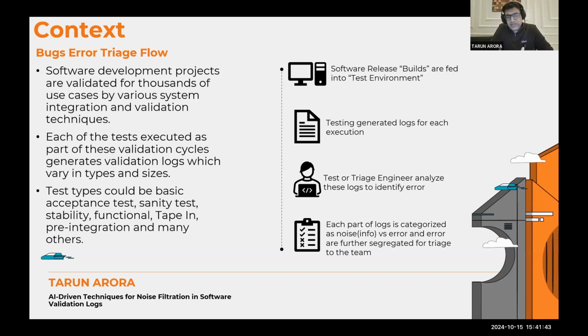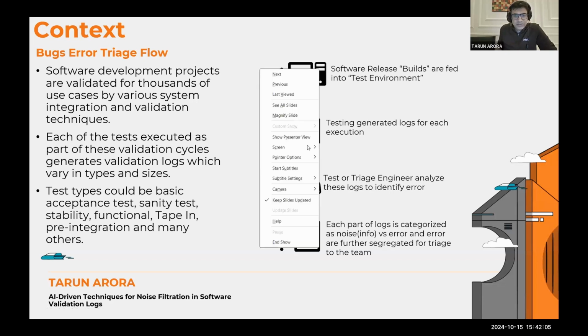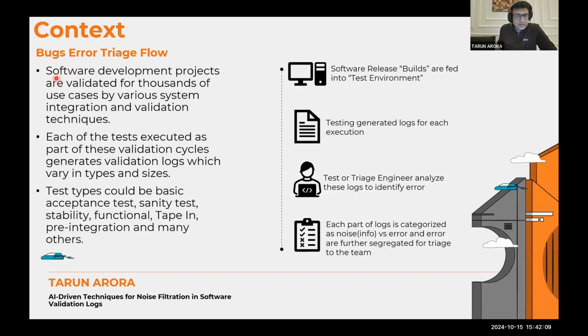And eventually, if they find some issues, they raise a bug to a development team, right? That's the process. Now, essentially what is happening is that this process is called the bug error triage flow. Okay, at a high level, what is happening here is, if I just want to quickly share, is one, that